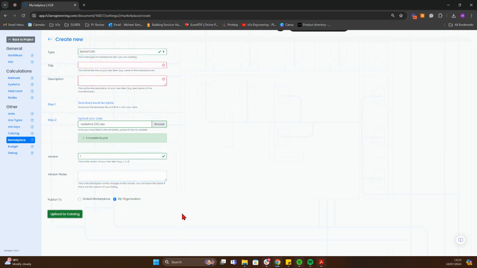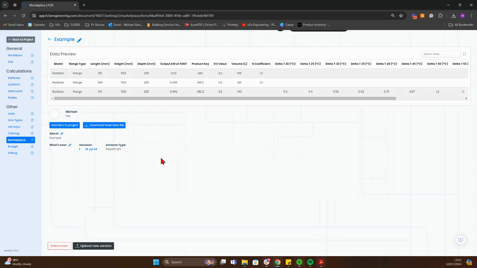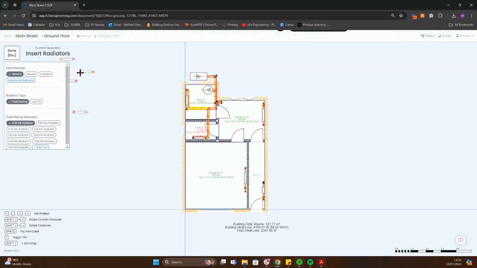Upload to catalog. Oh, no, we need to give it a title and description. Let's go, Example. Upload to catalog. And then you can see the information we put in there. What you're going to want to do now is click Add Item to Project. That'll now be viewable in the project you're in. So if we go to Radiators, choose our example, range, 500mm is our only option, and then there are options for length as well. And then if I put